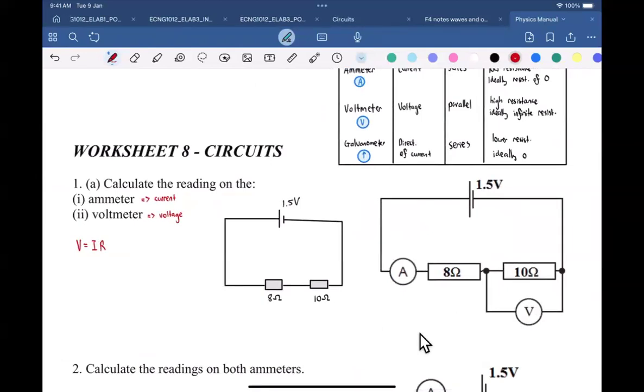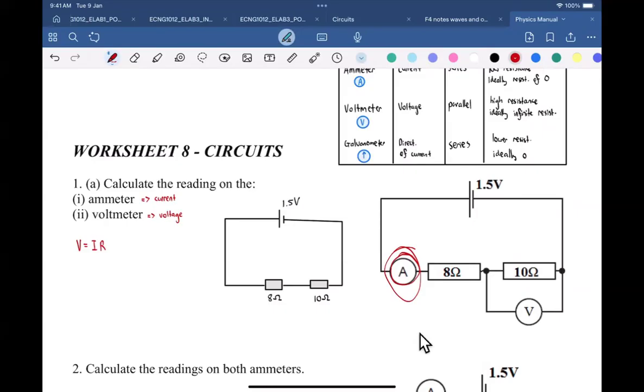Justin, the ammeter is over here, right? Justin, tell me if you're there with me. The ammeter is over here. So that is so you had to measure the current in the circuit. And the voltmeter is across which component? The 8 or the 10 ohms? 10 ohms. Right, so you had to figure out the voltage across the